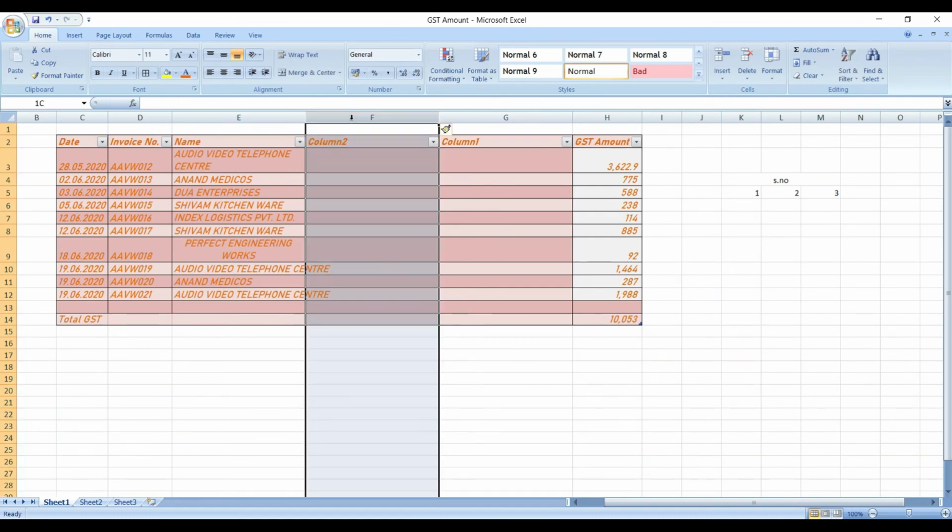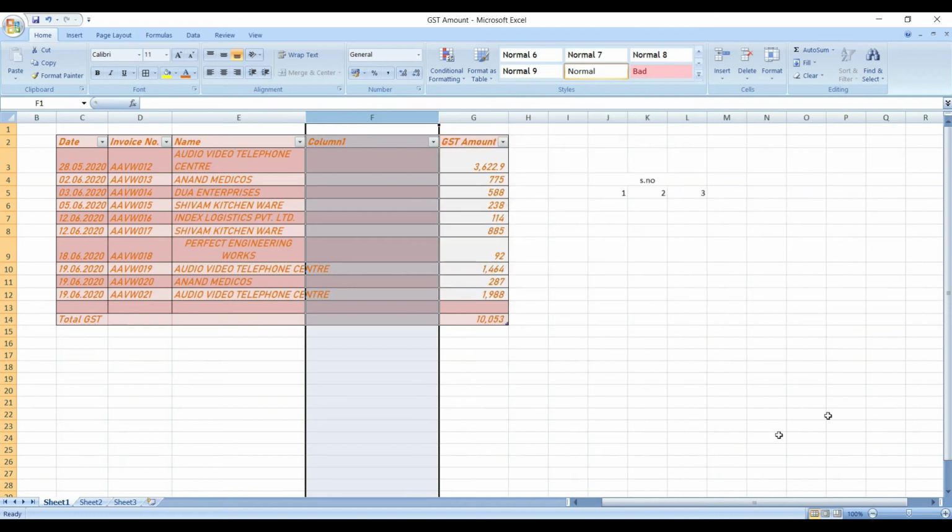If you don't want it on your Excel sheet, you just need to press Ctrl plus minus. Okay, this column is deleted from your sheet.